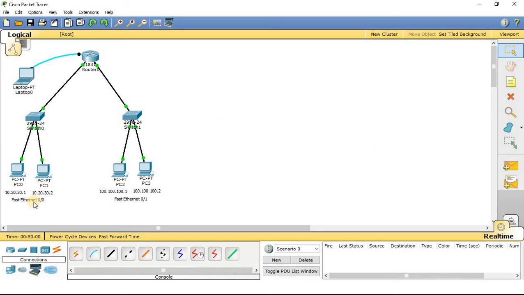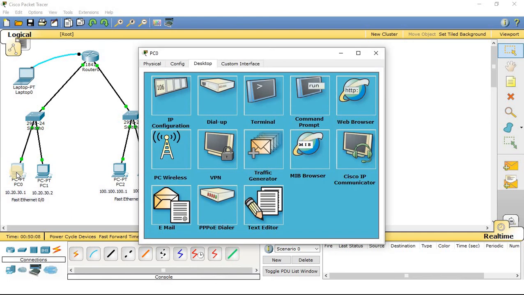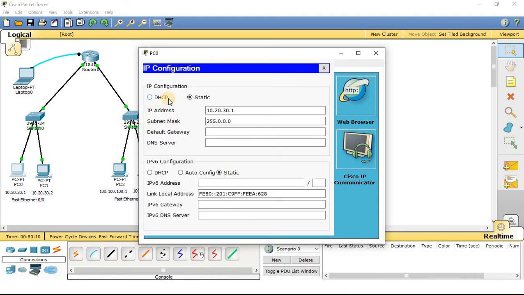Now another thing we have to do here. Watch, I will open this computer. I will go to the IP configuration menu, and you can watch out default gateway. So I will provide this port address, the port address of this connected wire, that means fast Ethernet 00 of the router. This port address will be used as the gateway for this computer's traffic. So this address I will provide here.